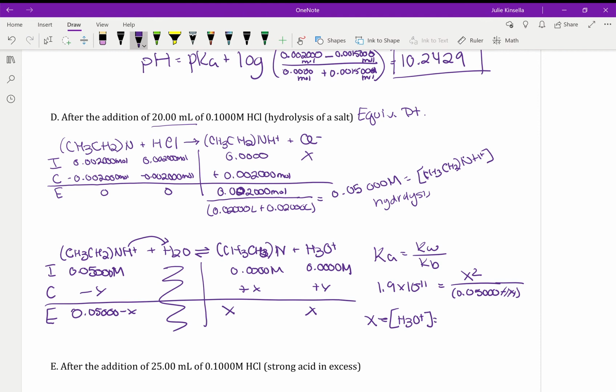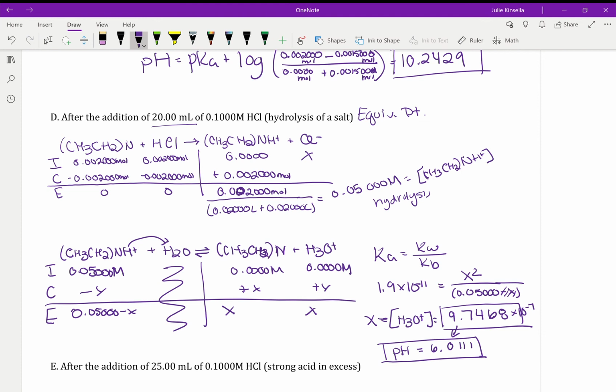You would end up getting 9.7468 as my... Oh, sorry, that's hydronium. And then if you take the negative log of that, so sorry, that should be times 10 to the negative 7, your pH at that point would then be equal to 6.0111. And that would be your actual final answer, which matches up with the fact that it should be less than 7. Okay, so obviously when you're at that equivalence point, it's going to be a little bit of work,